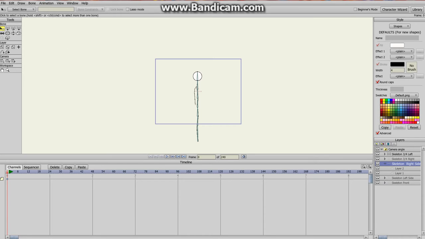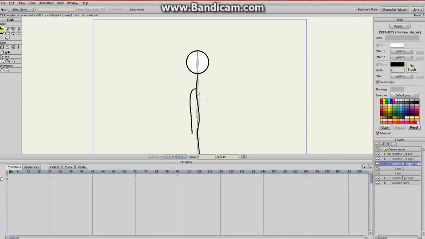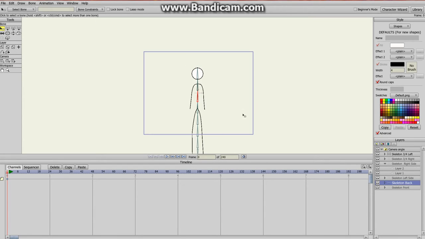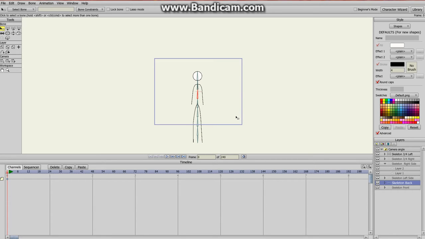Let's see. What else? So we've got the right side. We've got left side. We've got the front. We need the back. So why don't we just duplicate this layer? Just gonna call it back. And I don't even have to do anything to this one, because it looks exactly the same from this position. I mean, that looks like the front and the back at the same time. So that's alright. We're going to make a new one,